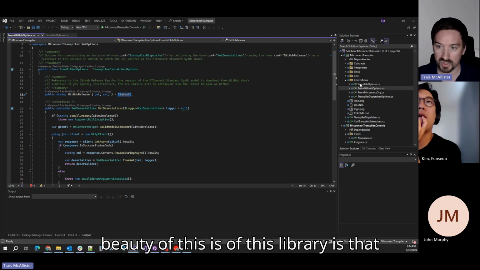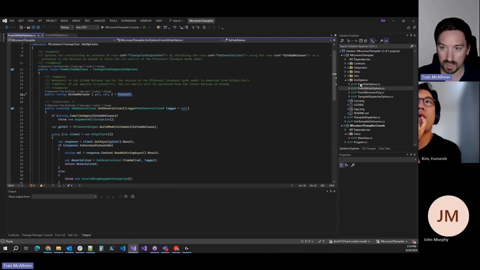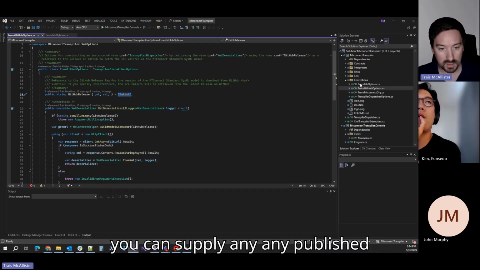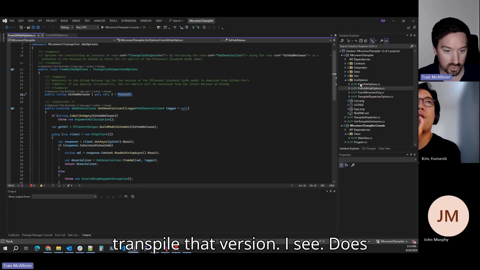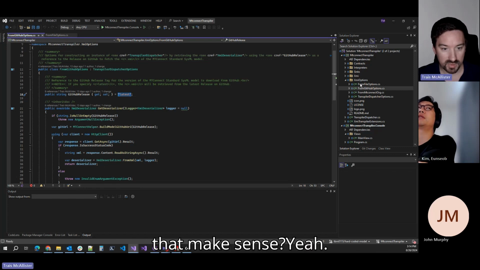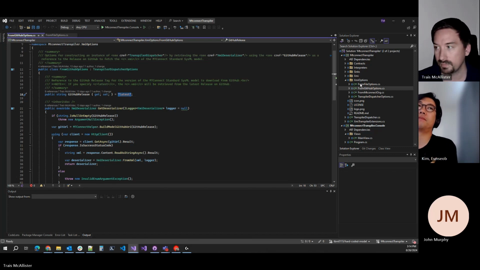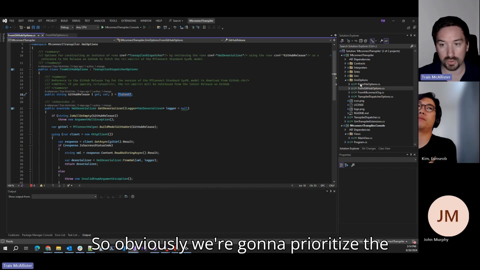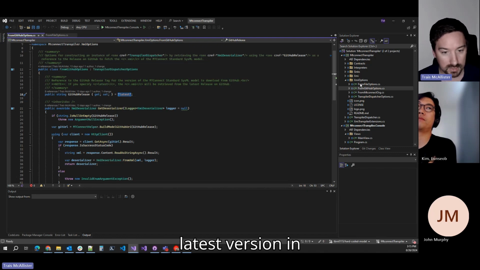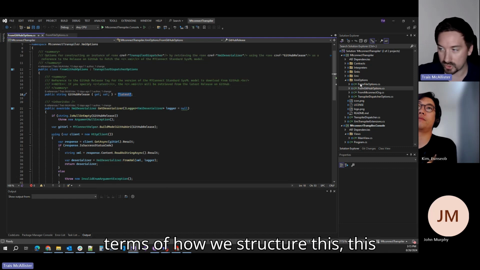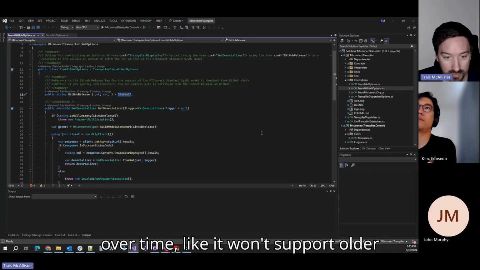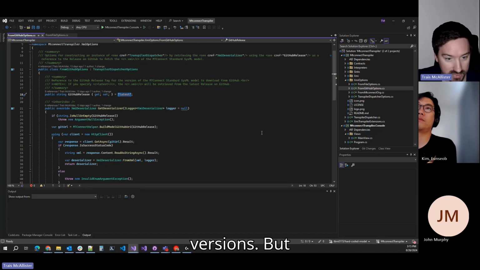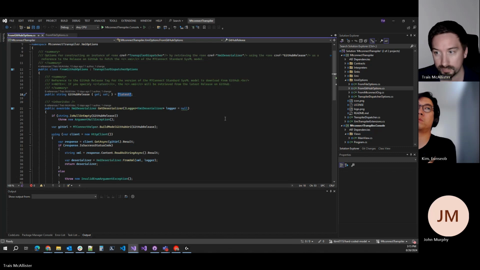But the beauty of this library is that I'm trying to make sure that you can supply any published version of MTConnect and transpile that version. I see. Does that make sense? Yep. So obviously we're going to prioritize the latest version in terms of how we structure this library. So it's possible that over time, it won't support older versions. But